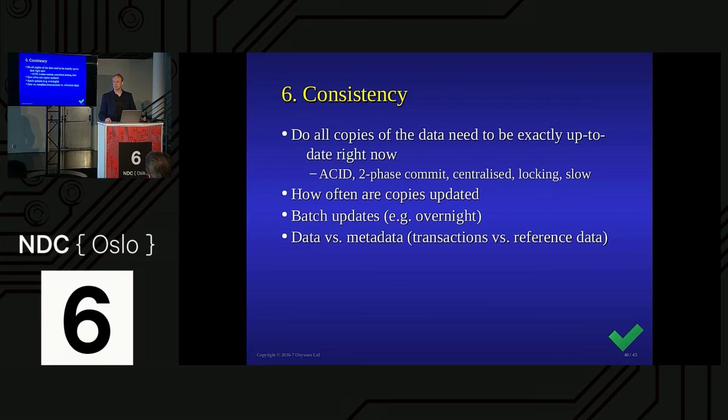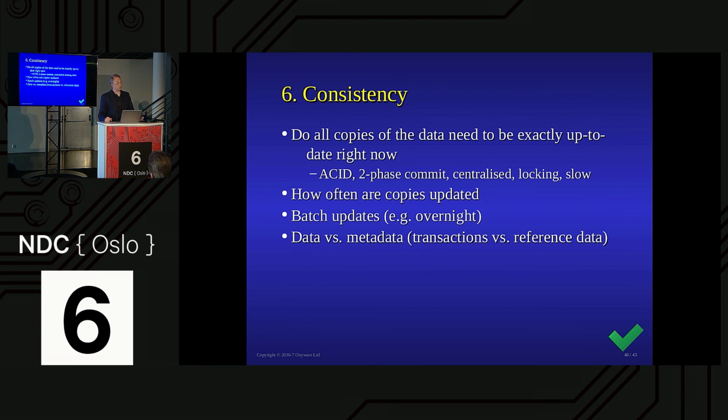The last one is consistency. ACID versus BASE transactions. If you're doing airline booking, there's one seat on that aircraft, and you need to know whether you've got it or not. That's a very different matter from saying I've got a hotel here, and has the hotel got Wi-Fi or not? It doesn't really matter if that happens now or a little bit later.